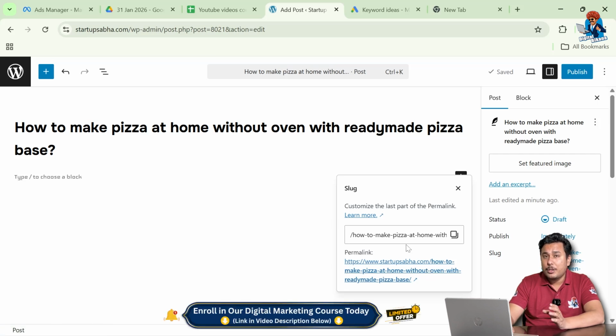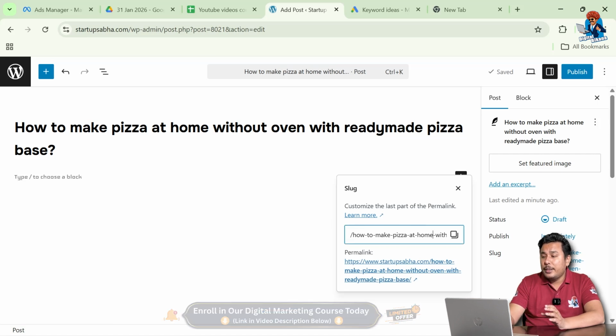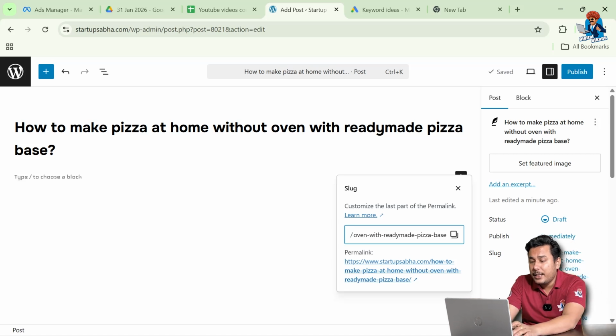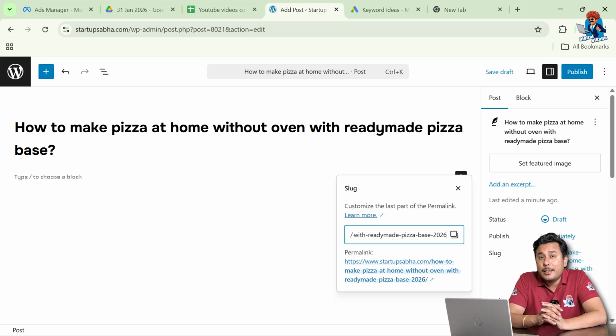So I would suggest you to shorten your URL, to remove the stop keywords, as well as no need to enter years in it. You should not mention the current year, else what would happen, in the next year search engine will see this post as an outdated post, right? And you can't change the URL later, because you might have created redirects or backlinks to this URL, right? So if you change the URL next year, then you need to create redirects,